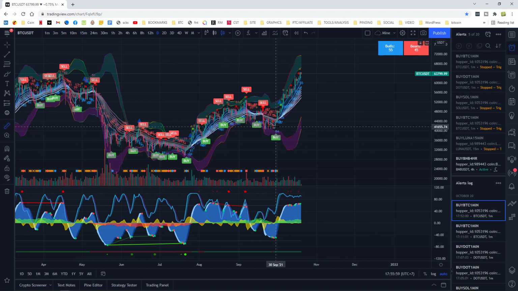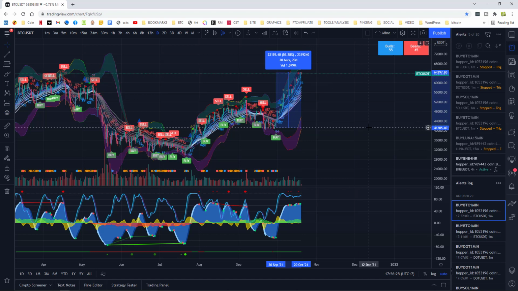If you had on the 30th of September set this up to buy $1,000 of Bitcoin with your Cryptohopper and just left it to go up for how many days? So far 20 days, and it's gone up almost